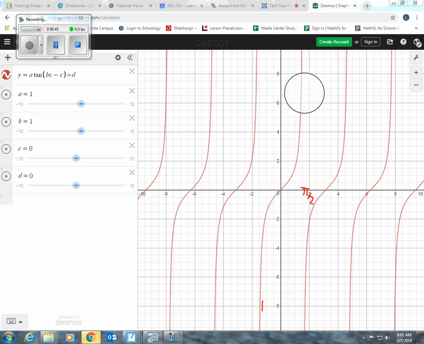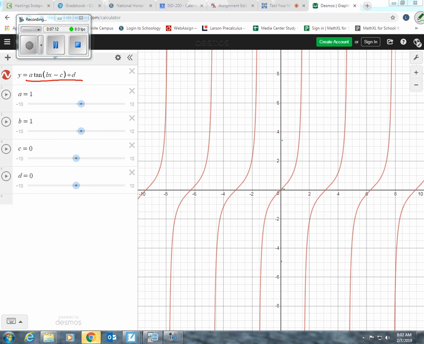All right, so guess what we can do with this? We can move it around, right? So all of those values, if you look up here at our equation, all of these values do the same sort of things as what they did for sine and cosine. So we need to talk a little bit, though, about the amplitude idea, this A for amplitude. So we're going to try to think about, what does amplitude measure? So amplitude, remember, is the distance from the middle of your graph to the topmost point and from the middle